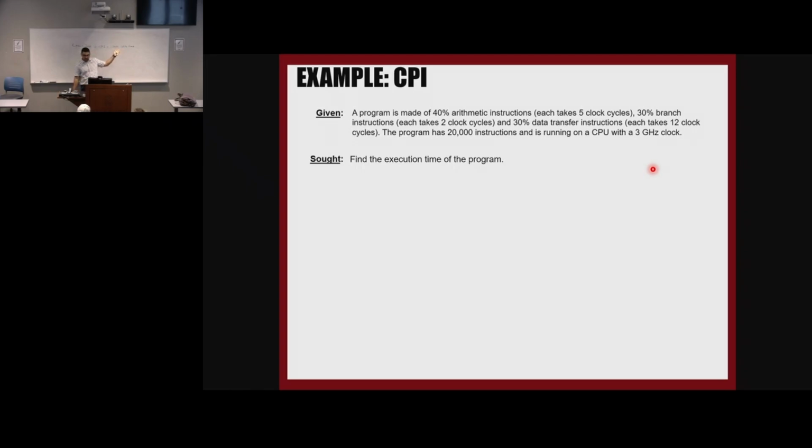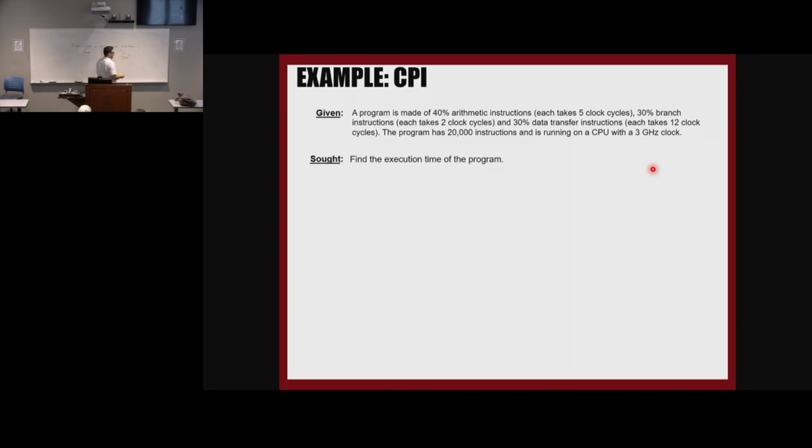We have the frequency, we want to find the clock cycle time. What should we do? Divide by that, yeah. So if I have 20,000 here, I'm good. Don't know this yet, and this is 1 divided by 3 gigahertz, which is 10 to the negative 9,